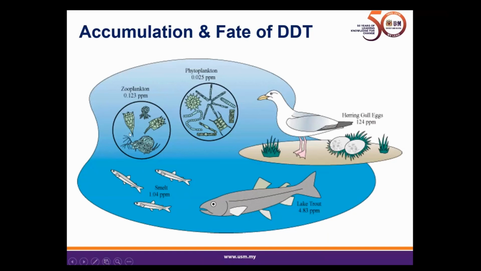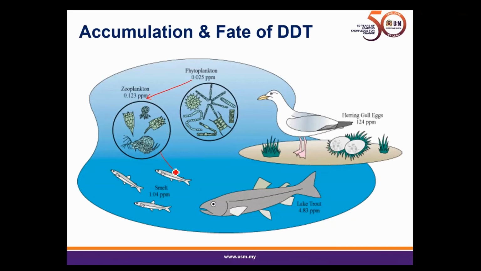And then the zooplankton are eaten by smaller fish, such as smelt. So you will see that the DDT tends to accumulate also in the smaller fish. And then smaller fish are eaten by bigger fish, and then these bigger fish are eaten by birds. So in all of this, you see that the concentration of the DDT started to increase from 0.025 ppm to 0.123